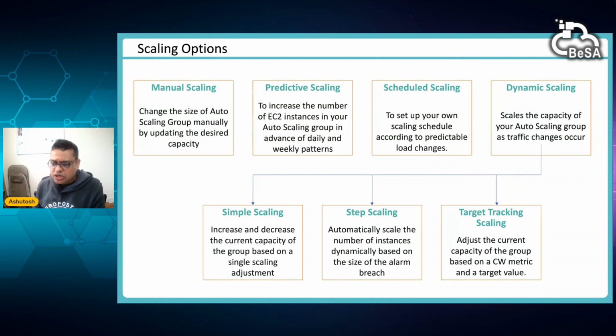And third is the target tracking. I can give you an analogy of a thermostat at your home. You set the temperature to 22 degrees. What it does is keep switching on and off your heating system, like a boiler or whatever heating system you have, to maintain that temperature, that 22 degrees. You don't have to do anything. It will automatically switch on and switch off your heating system.